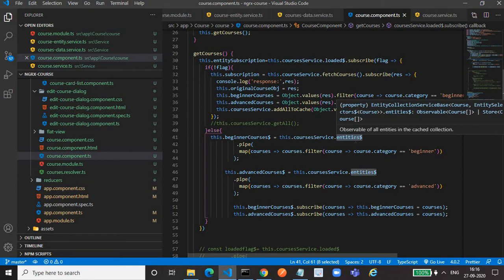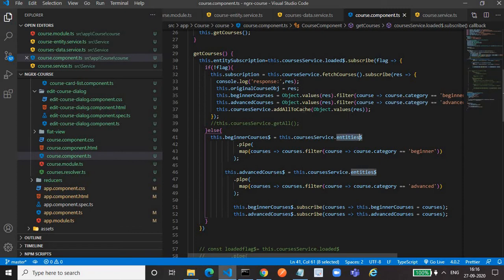And similarly, we can add the data to the store without any help of a reducer. No need of a reducer at all. You have to call the appropriate function in the courses entity service. So this is the real advantage of using the NgRx data approach. We don't have to write any reducer, neither the selector nor the action.